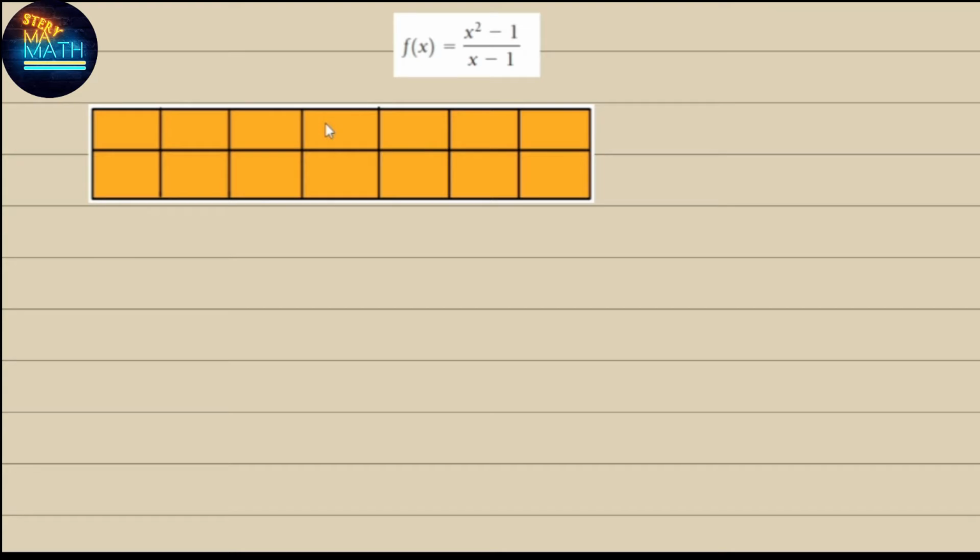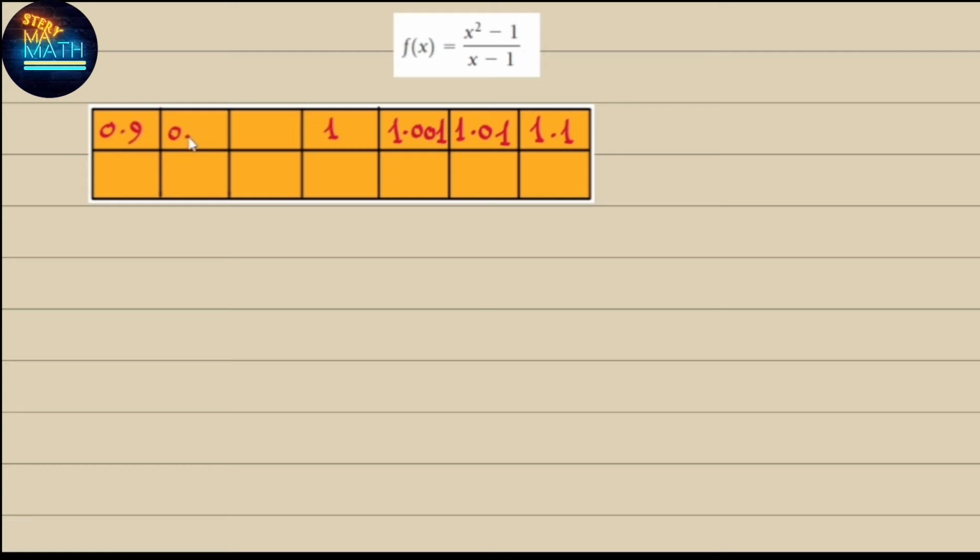Now, back to this question. f of x is equal to x squared minus 1 divided by x minus 1. We know that the function is undefined at x equal to 1, but we need to know what is exactly happening around x equal to 1. So we can select numbers around 1 from the right and from the left. Here 1.1 from the right, 1.01, and 1.001. And from the left,